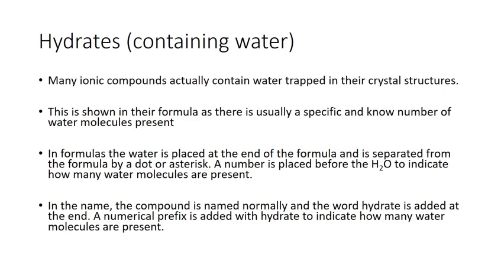And a number is placed before the H2O to indicate how many molecules are present. And in naming, the compound is named normally, as you would any other compound. And then the word hydrate is added at the end with those lovely numerical prefixes